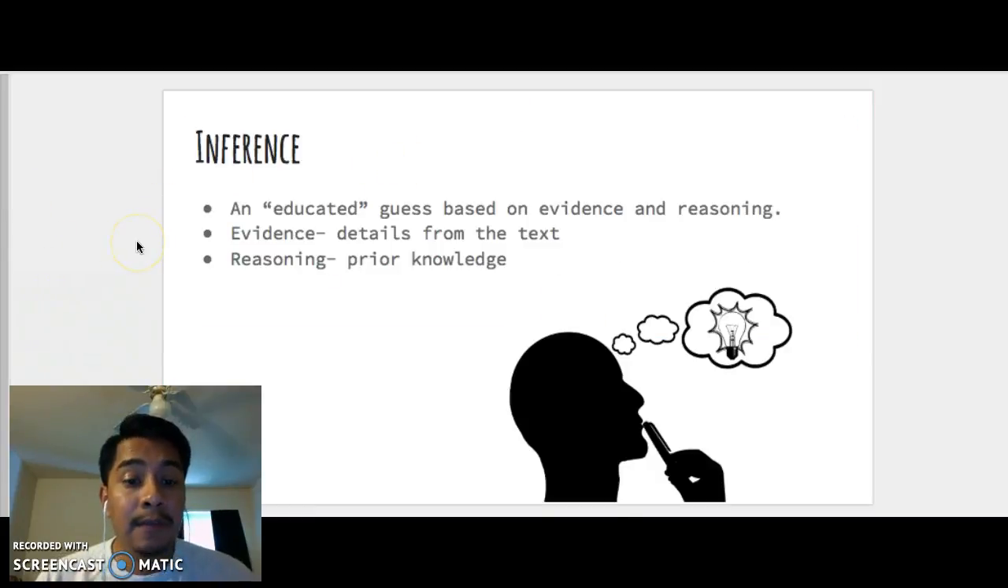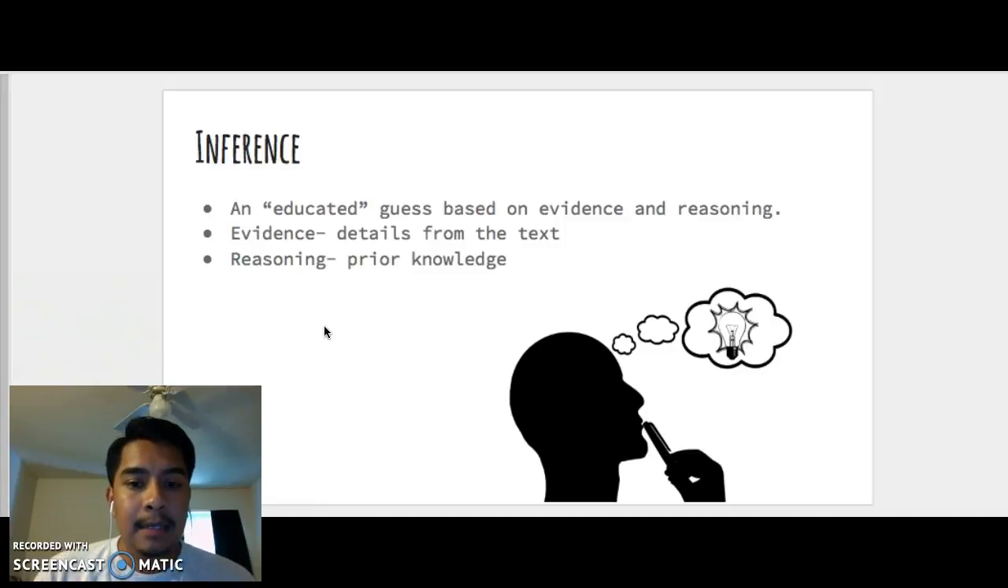All right, so an inference is an educated guess. That is our classroom definition. An educated guess based on evidence and reasoning. So now those two things, evidence and reasoning. Evidence are details from the text. So what the text actually says. And you're going to use that to infer, to make an educated guess about something that isn't explicitly stated in the text. And reasoning, this is where you use your prior knowledge, what you already know about whatever the text